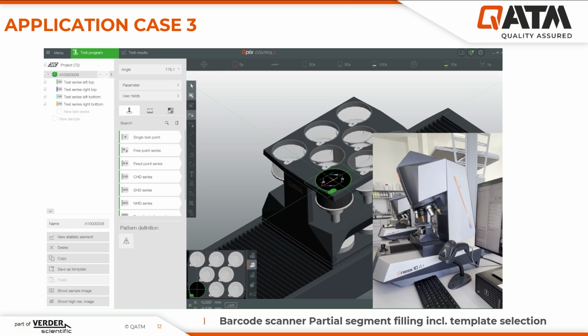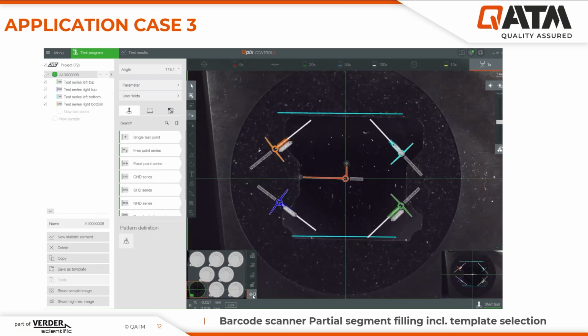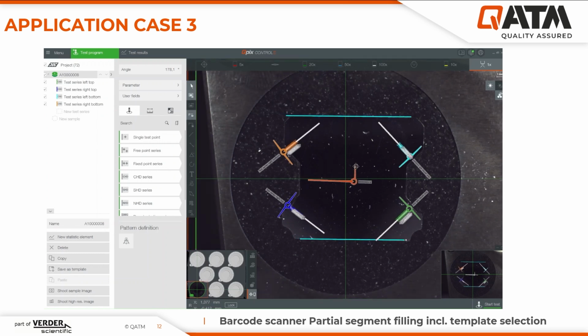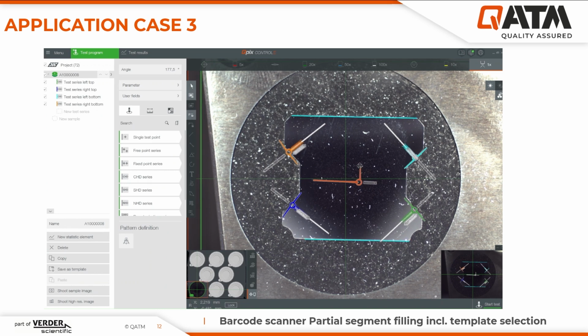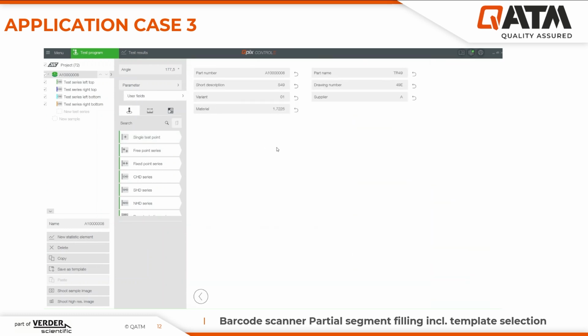The software is moving in XY to the 0 position. As you can see, it is moving down in the Z axis, fully automatic. And after that, we make an overview image of the whole sample. The operator only has to adjust the position roughly to the contour lines. And that's it, because everything else is already done by the software. If we have a look in the user fields, everything is predefined, everything is automatically in the right position,